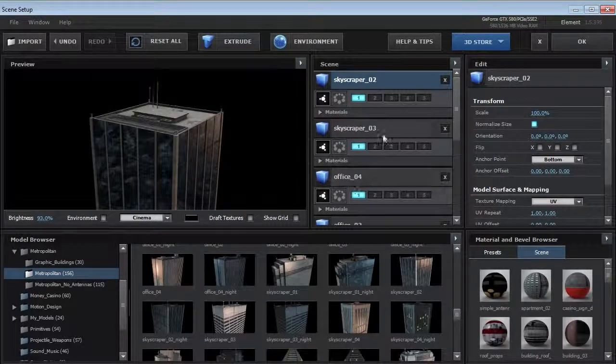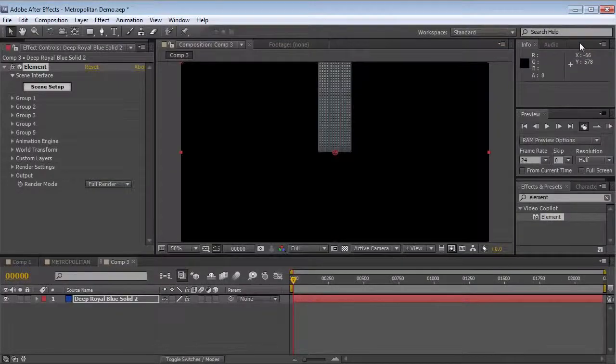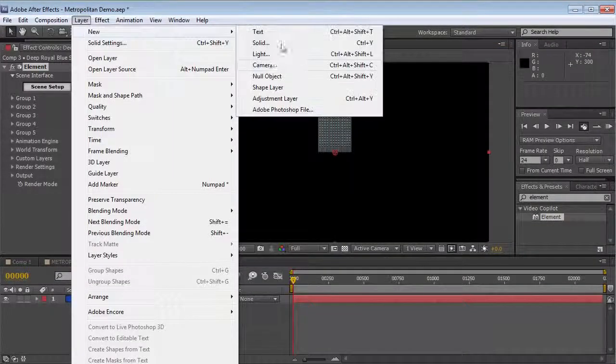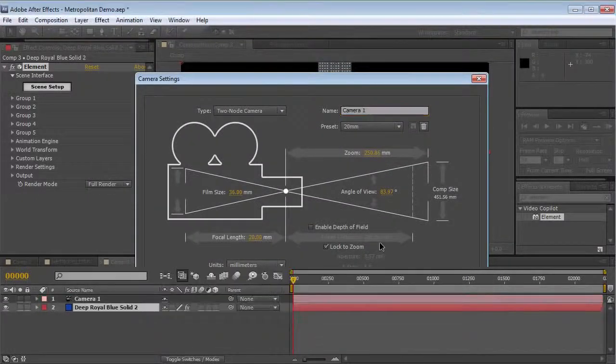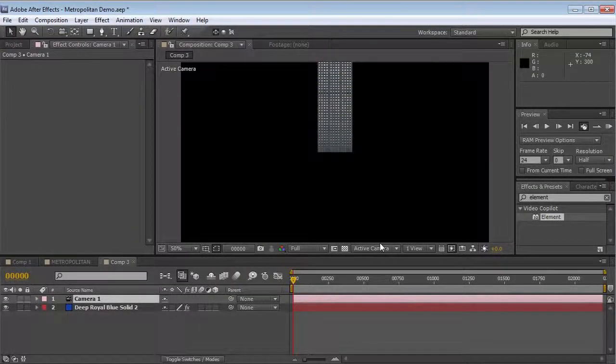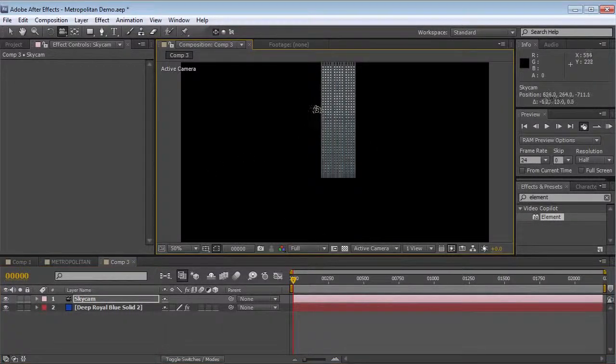So we've picked all of our buildings, and they're all on group 1. So I'm going to hit OK. And then I'm going to create a new camera. We're going to call this SkyCam, because if I were in a helicopter, that's the name it would be. And we're going to pull back here